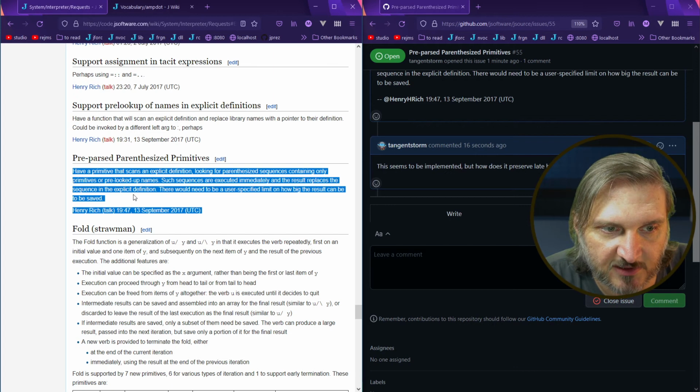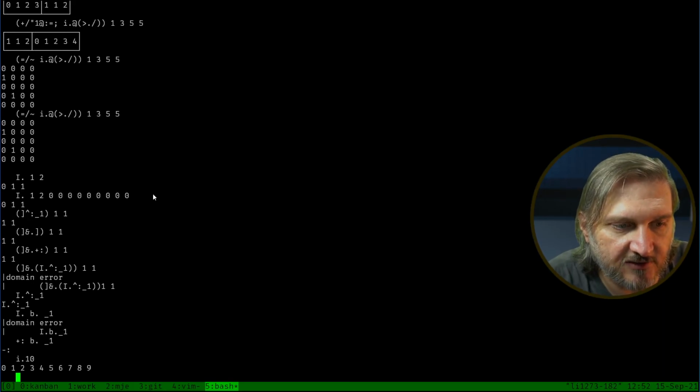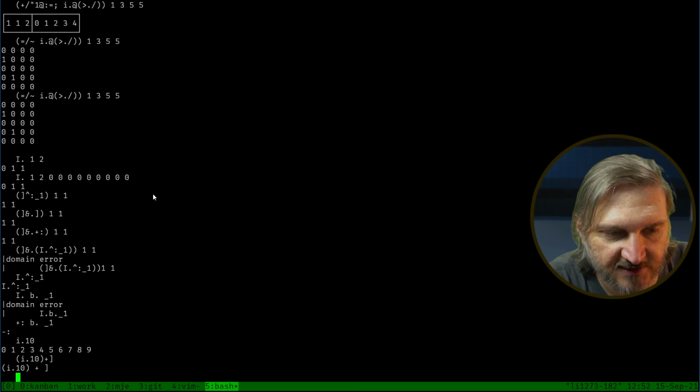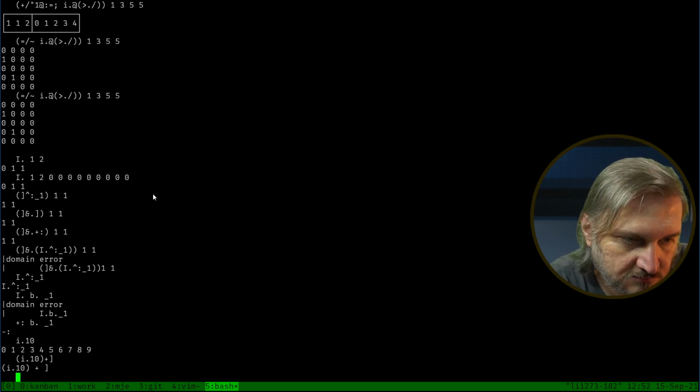And the result replaces the sequence in the explicit definition. Even if you do this in a tacit definition, you make a hook, plus right argument. So that's going to give you